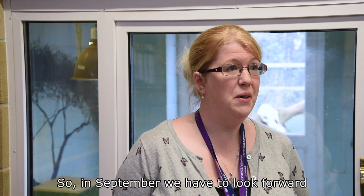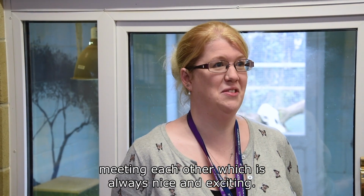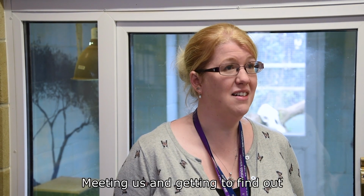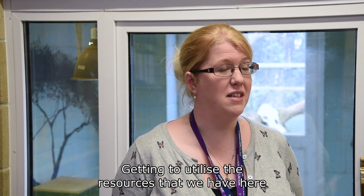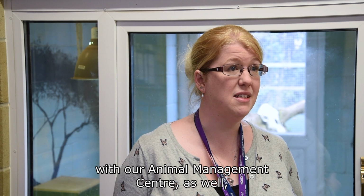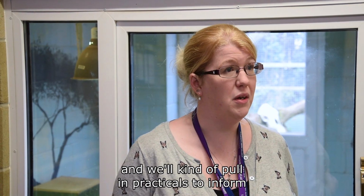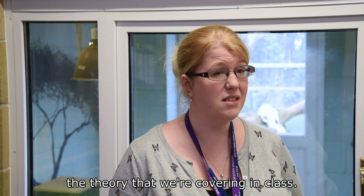So in September, what we have to look forward to is meeting each other, which is always nice and exciting, meeting us and getting to find out a little bit more about us and what research we're doing, getting to utilise the resources that we have here with our Animal Management Centre as well, and we'll pull in practicals to inform the theory that we're covering in class,